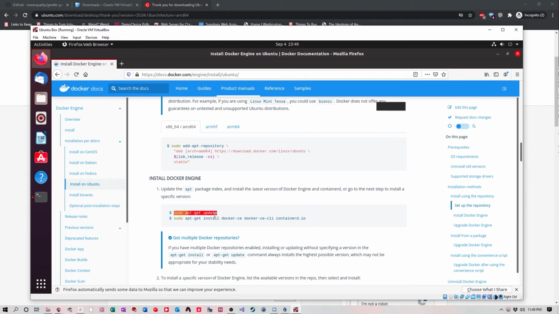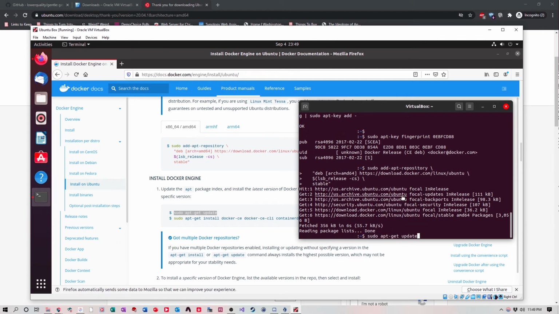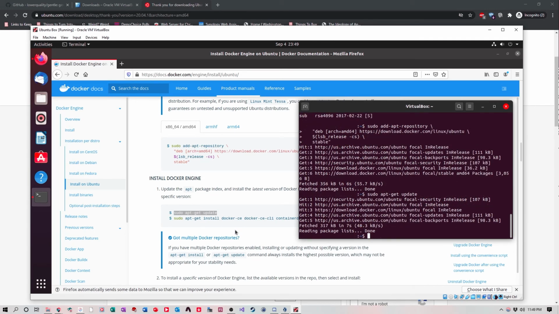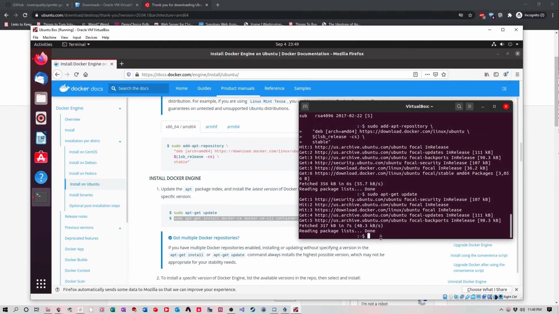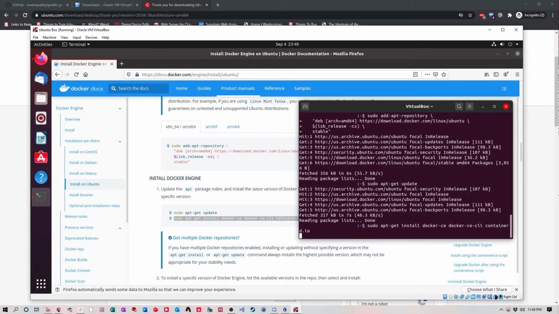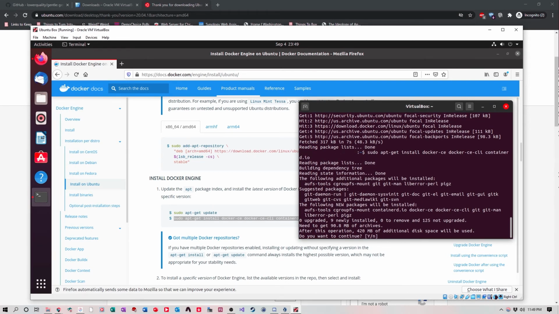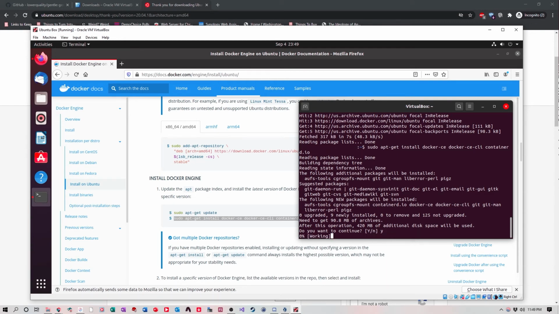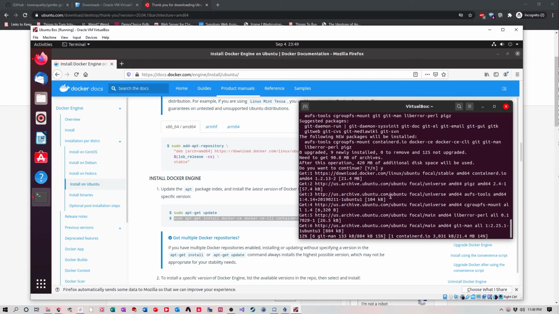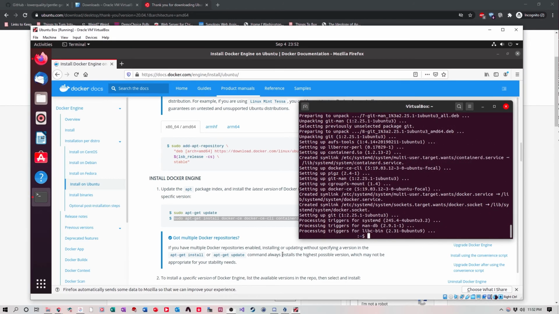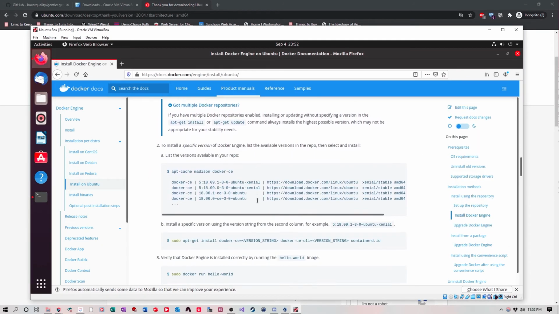So we're going to make sure that this is up to date. So we're going to run that. Okay. And now this is what will actually install Docker right here. Let's get that going. 420 meg. Yes, do continue. And we let this install. Okay, now that Docker is done, we will scroll down here